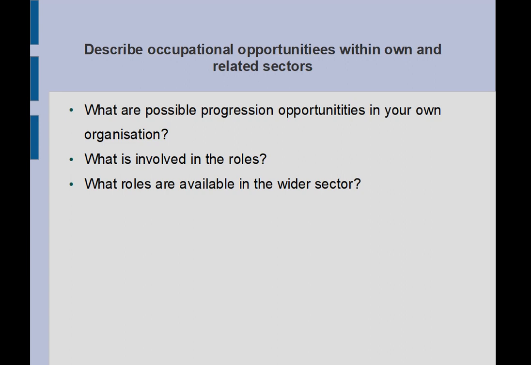So we want to talk about possible opportunities. It does say, oh, spelling mistake again. It does say opportunities plural. So do make sure to put down more than one. You want a minimum of 3, absolute minimum of 3 for this. More would be better if you could. 3 to 5, let's say.